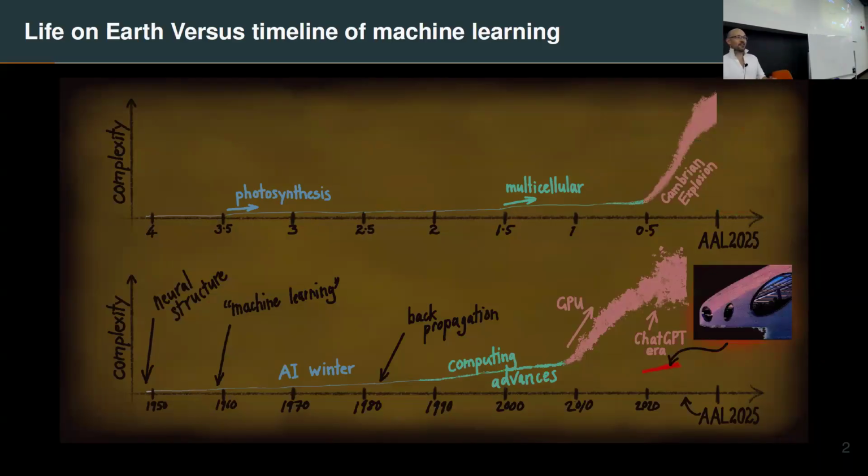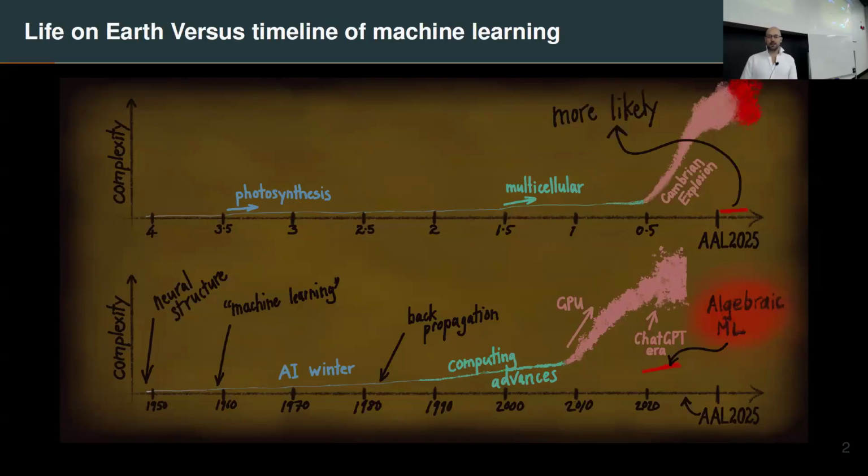You'd think there'd be some sort of flurry of excitement to try and work out what this alternative is. Now, it's a bit unfair because along the way, through this AI winter, there were other approaches to artificial intelligence, lots of them, and perhaps they just didn't catch on, or they didn't have the same potential. But actually, there is this interesting one, I think it's interesting, algebraic machine learning, which was invented about 2017, and it is completely different, although it does have some similar capabilities. And in fact, as a classifier, the inventors claim that it's a little bit better than traditional methods. And it has some other advantages.